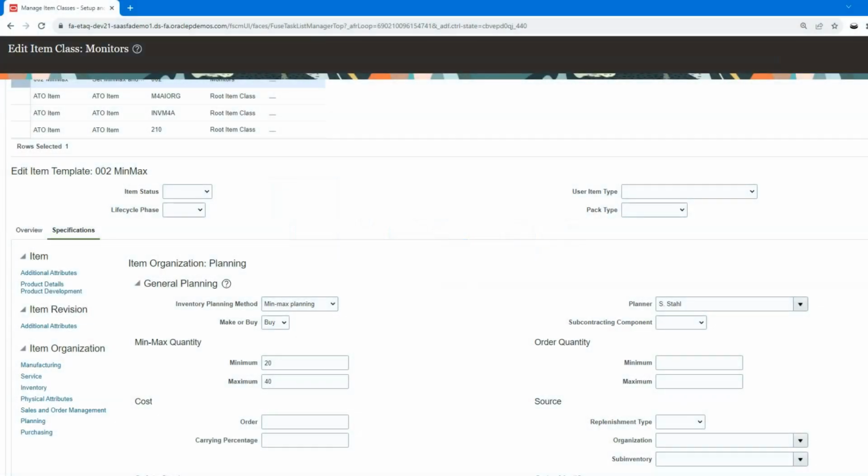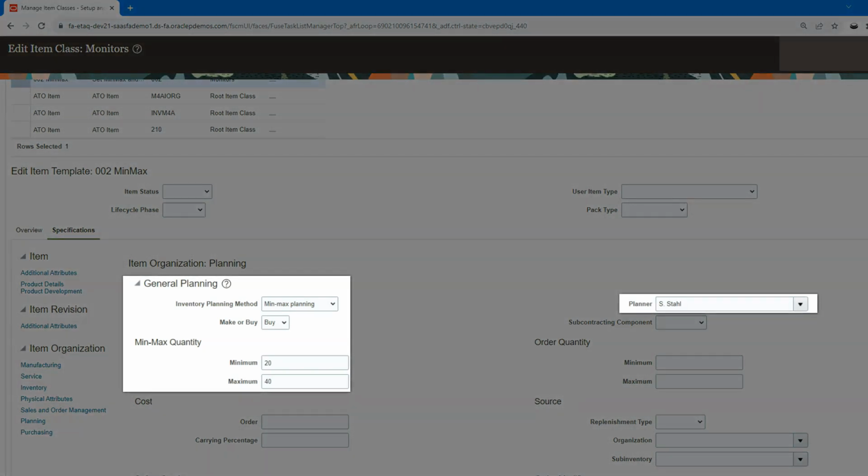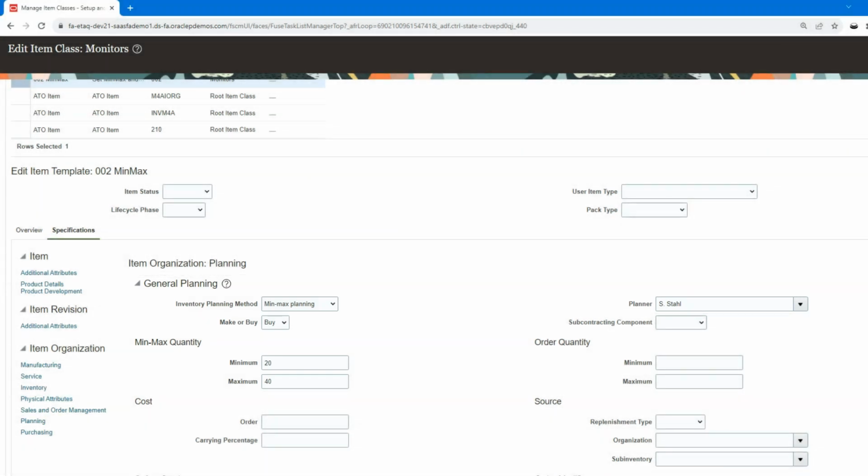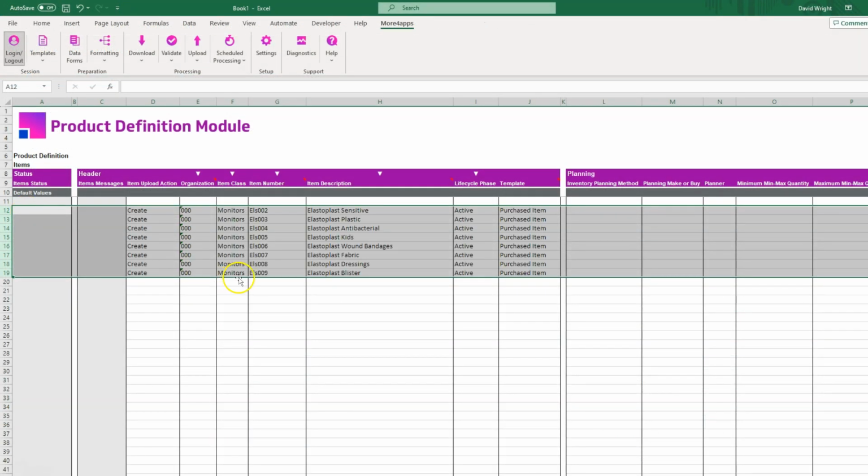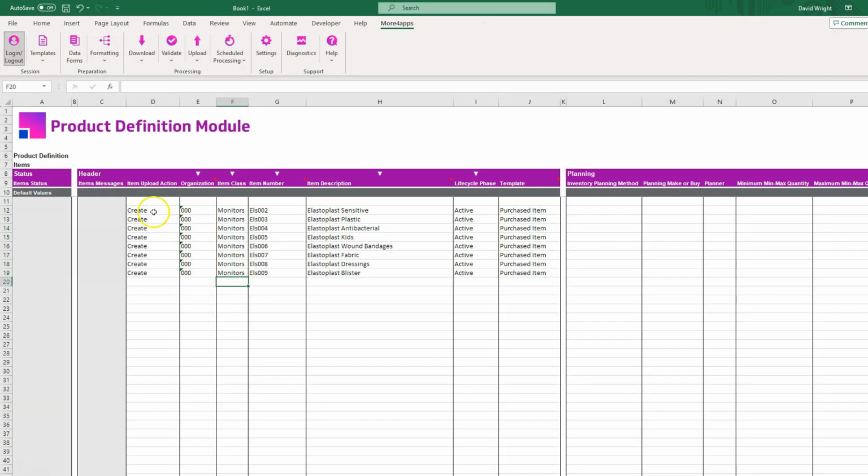So here we have a template. We've got templates for both the 001 org and the 002 org, and we're just going to set the inventory planning method, the make, buy, the planner, and a min-max quantity, just to show how you can apply a template at the organisation level. So the first thing I'm going to do in the More4apps Product Definition Module is take